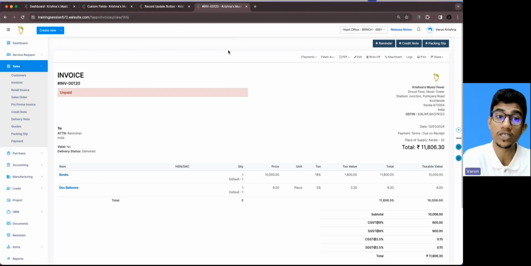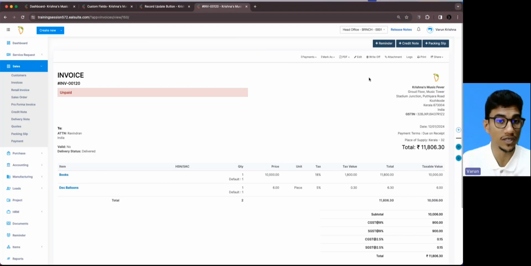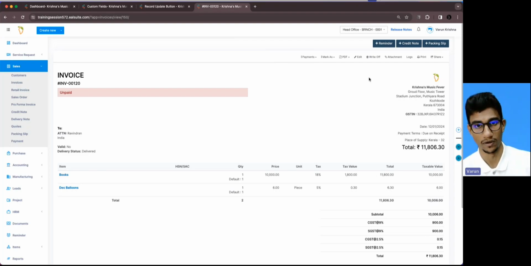That's one thing. You can restrict it with the help of roles right now. In the future, we'll be implementing it for users as well. All right, then you provide the description, and then you add the custom fields, and you save it. And right on top of an invoice, along with payments, mark as PDF, all these features, you will be able to see it, if you as a user, having a certain role, do have access to this particular update button privilege. This is the way in which the record update button works. I hope